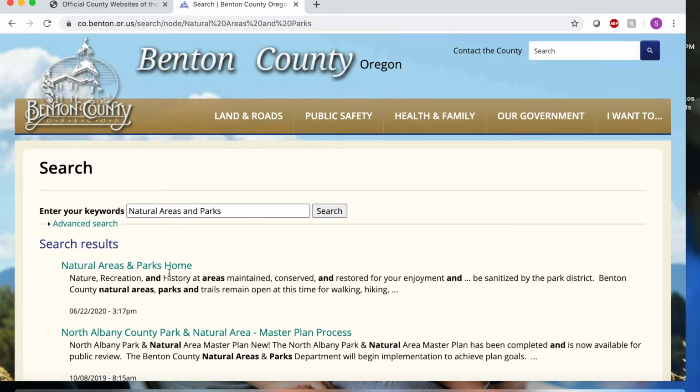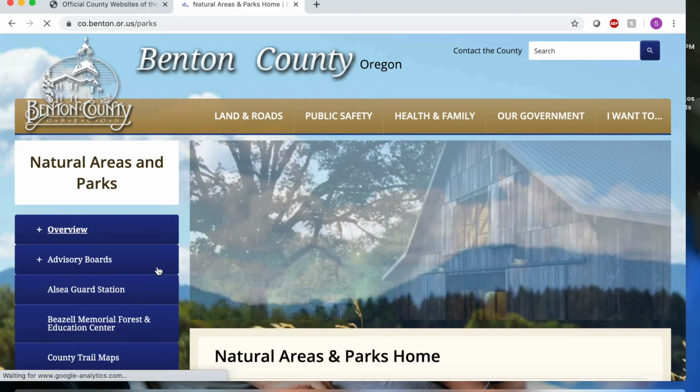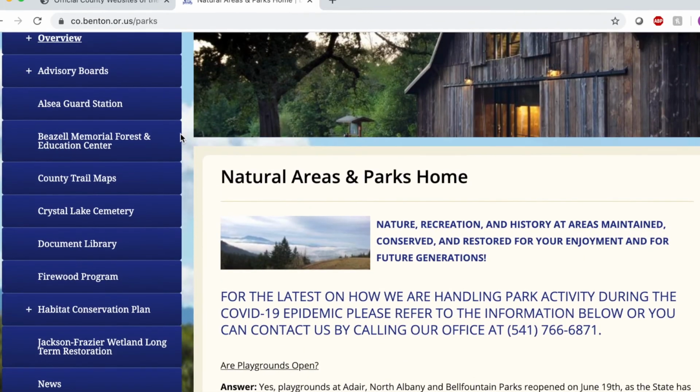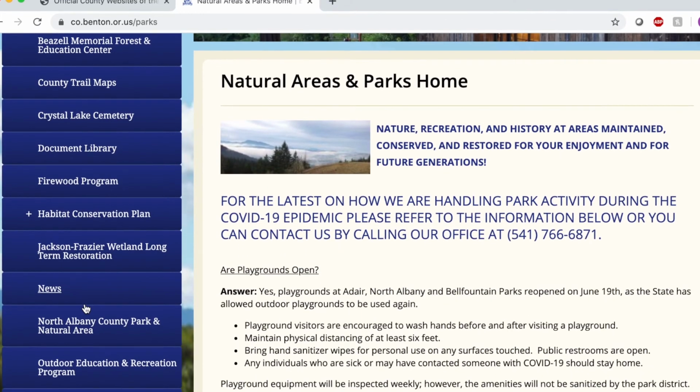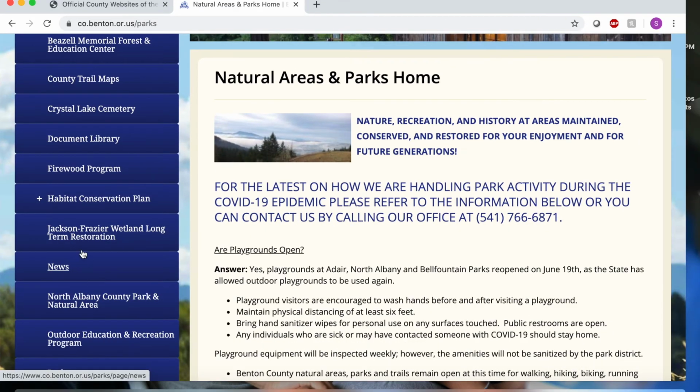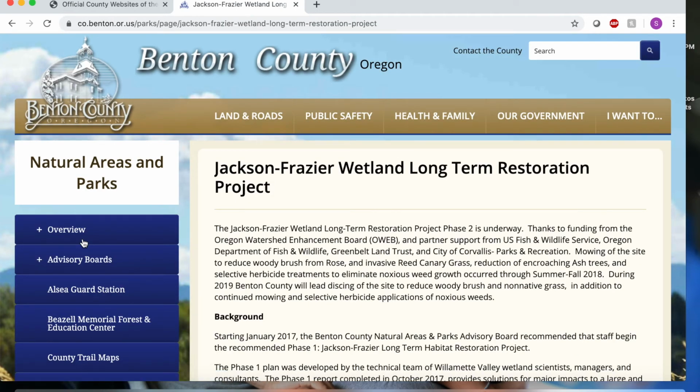I'm going to click on the first link, Natural Areas and Parks Homes. On the left side, there's information on advisory boards, document libraries, and specific parks. So I'm actually going to click on the Jackson Fraser Wetland Long-Term Restoration.